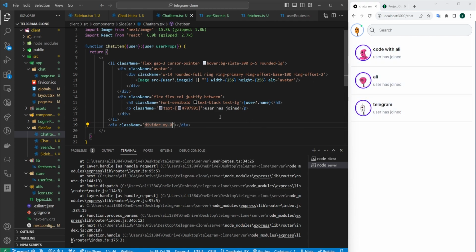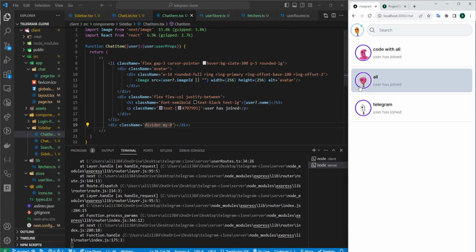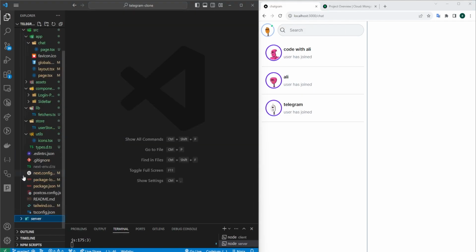So we don't have any margin top or bottom. And we have a nice divider now. So let's go back to the VS Code and let's close all the tabs. Now that we are